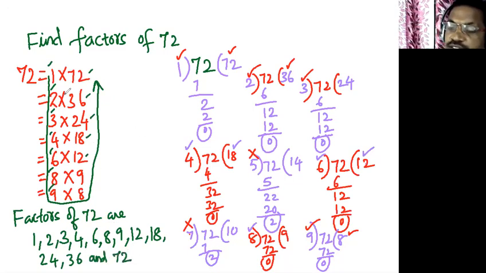If you know the division, if you can find directly, you can write like this. You don't need to do all these operations elaborately. So in this way, you can find the factors of 72. For beginners, this method is very useful. So how many factors of 72 are here? 1, 2, 3, 4, 5, 6, 7, 8, 9, 10, 11, 12 factors. So factors are limited, but multiples are unlimited. So in this way, you can find factors of any number.